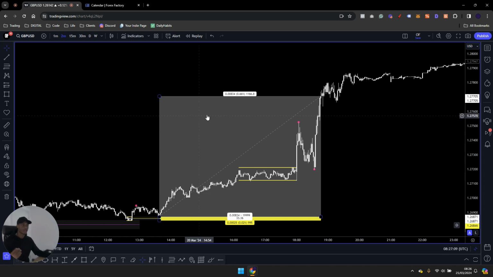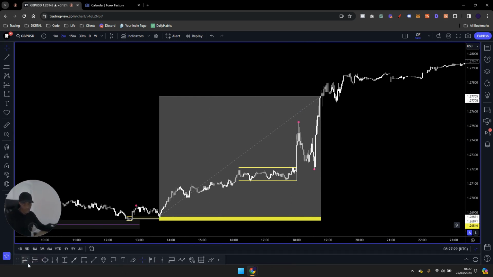Yes, you probably have to do it on the M2 because it wouldn't show you this level of detail on the 15 or the M30. So you'd have to go down to the smaller time frame, but you could have still played this trade extremely safely, playing the same pattern, just on a smaller time frame, and you would have come out with a decent R&R, right? So if we actually go into this trade, and let's just move this up,